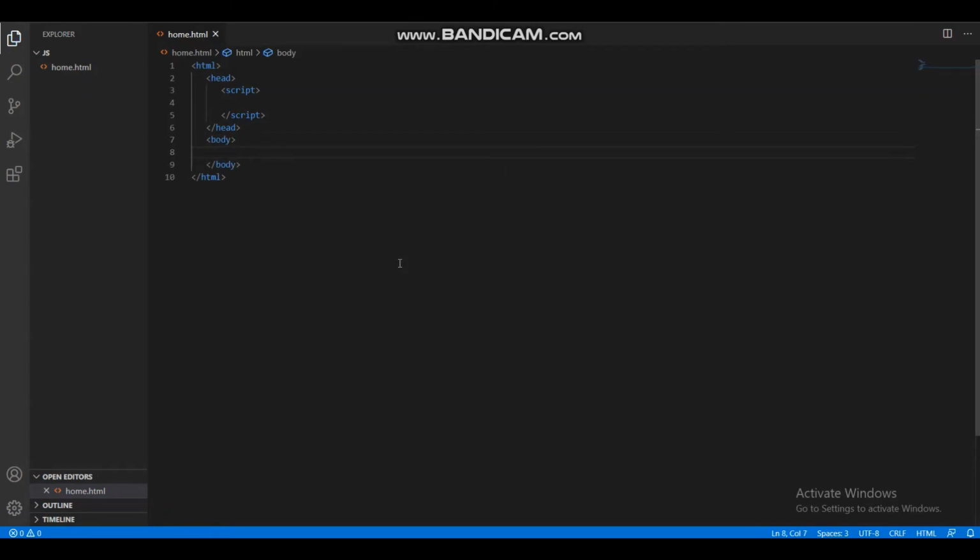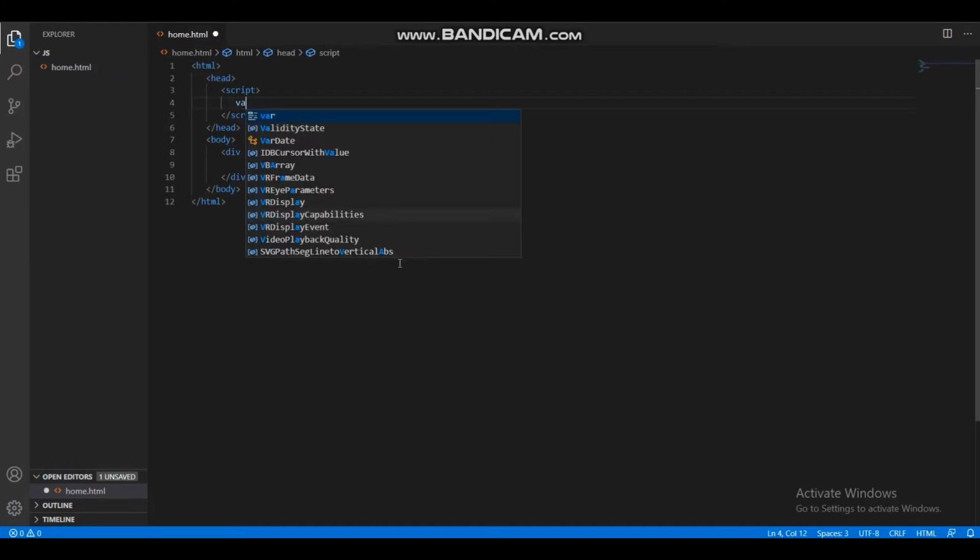Then we create one div in the body section and give it the ID sample. Whatever code we write in the script tag, we append the output to this div.